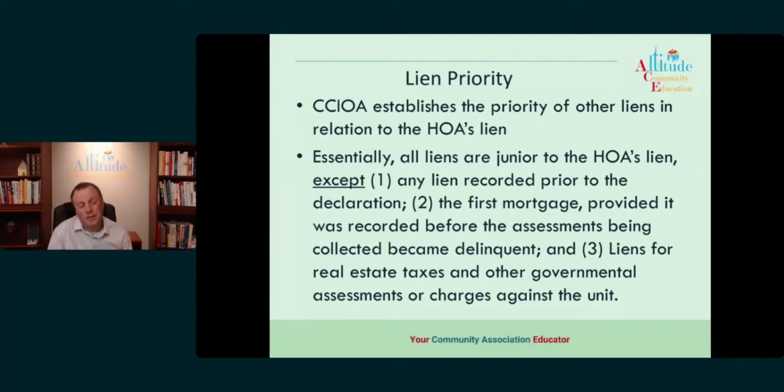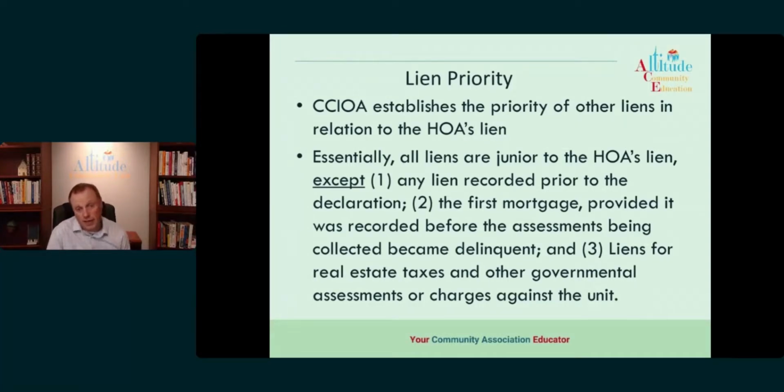Now there are some liens that the state might have or federal government might have in terms of some taxes and things like that, that might even supersede our super lien. But it's not really all that common. Sometimes it happens, but it's pretty rare. Typically our 6-month super lien is going to be superior to anything else.